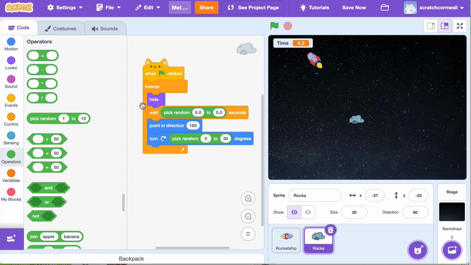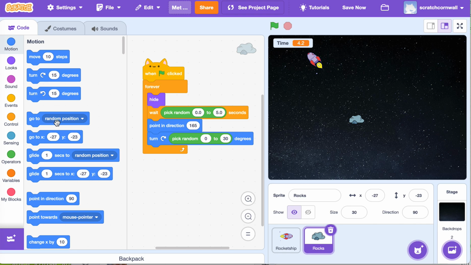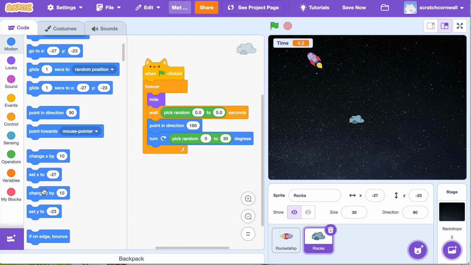And then we're going to set Y on this rock, set Y to, what we want it to be is Y to be right at the top here, okay? And at the top, Y is 180. So we're going to set Y to 180. Because remember, Y is 0 here, it's 180 here. So we want the rock to be up here. And then once it's there and it's in position in the right X value,